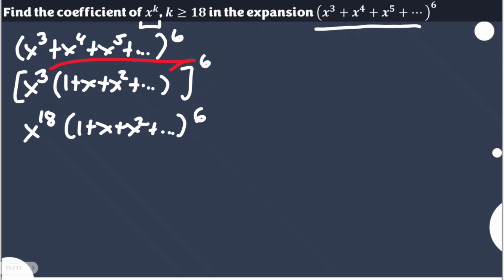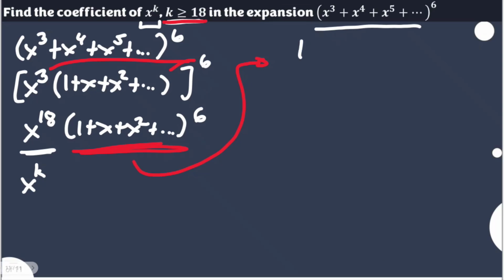We have observed here that x to the power of 18 already arrived, and if we treat it as k, we're able to start already with k equal to 18. That would mean we just simply need to look at the possible simplified form of this using the identities previously discussed and look into the existence of r, then later on generalize it for all k greater than 18. This form is actually equal to the simplified form of 1 over 1 minus x raised to the power of 6. That is actually the equivalent form.